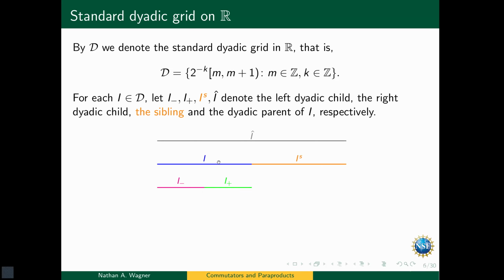And just some notation and pictures. So if we have a dyadic interval I, which is shown here in blue, the dyadic sibling of it is denoted